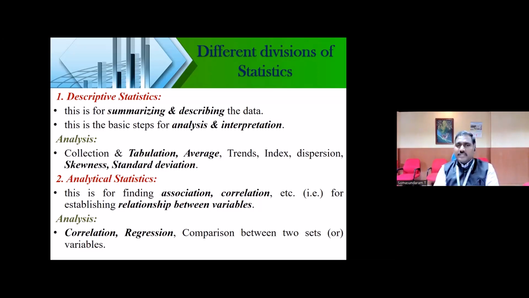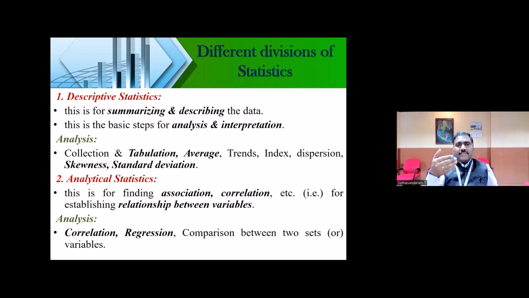The second important thing is, sir, my research work deals with a greater number of dependent and independent variables, and I want to find out the association, the relationship, and I want to prove it, especially when you are going for a comparative study or finding out the relationship of one variable with respect to another variable. According to your variables, you can decide what statistics and method to use. In those cases, you need to use analytical statistics, which is about finding the relationship or associations between the variables used in your research work.